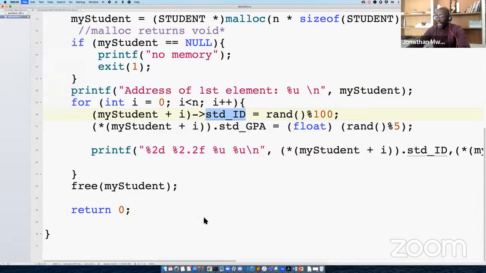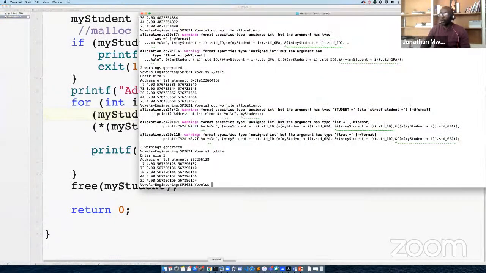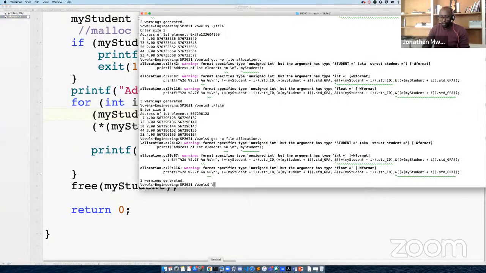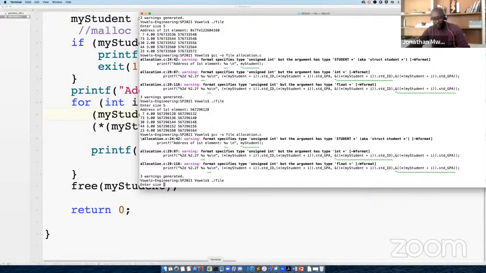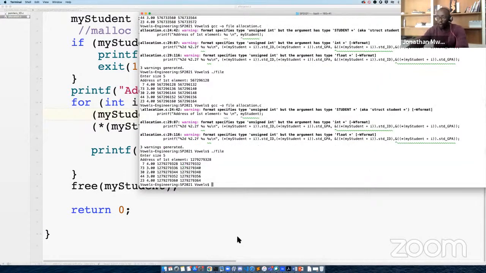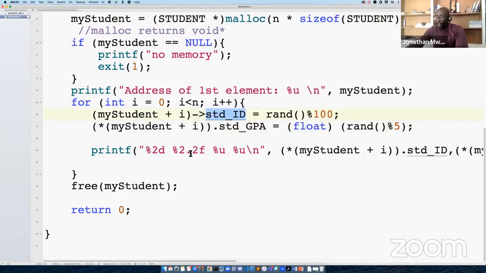We could use that idea instead of using the dot operator as well. No problem. Runs fine. 5 items works fine as well. Okay, so instead of using this idea, this is another idea that we can use. Okay, pointer to struct operator. So we can use this instead.